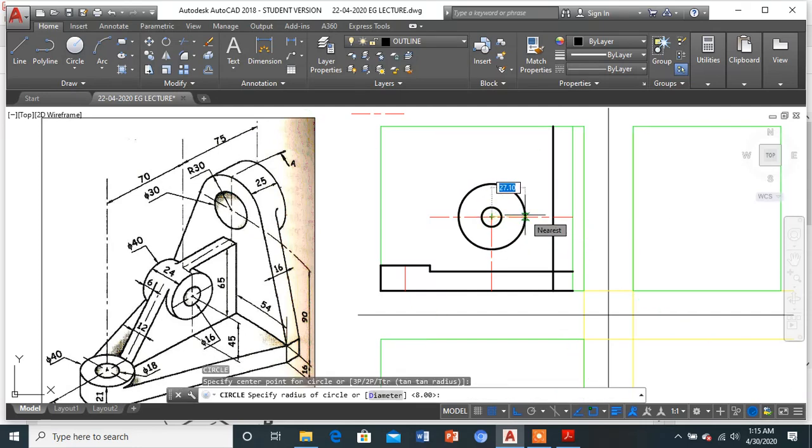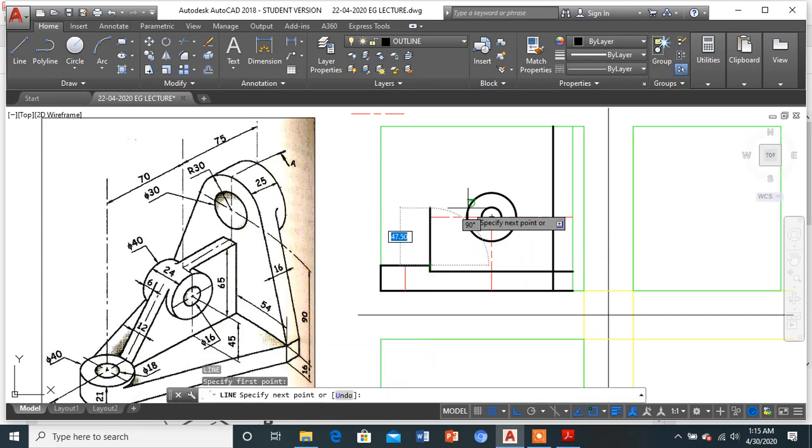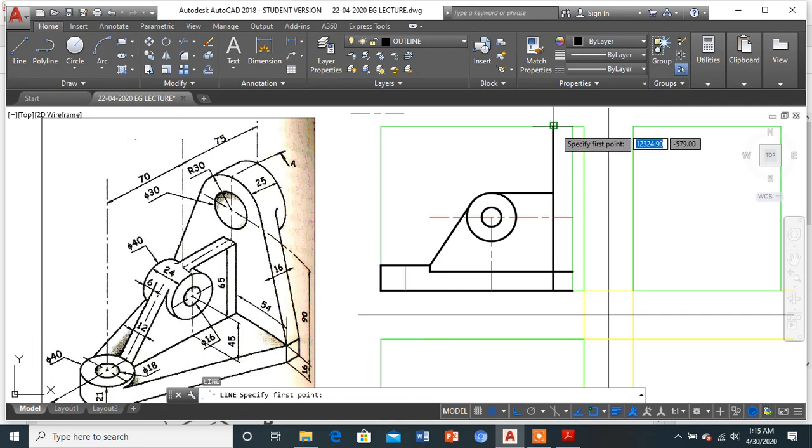The outer one is like this, of diameter 40, so radius 20. So it's done like this. Let me complete till here, as it will be done till the tangent point like this. Even over here I can get this quadrant point, which will be getting completed like this once we are done. So let me just complete this particular backside part.